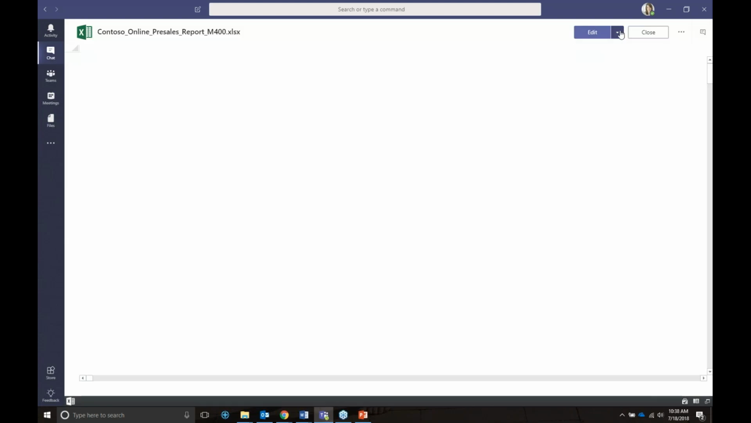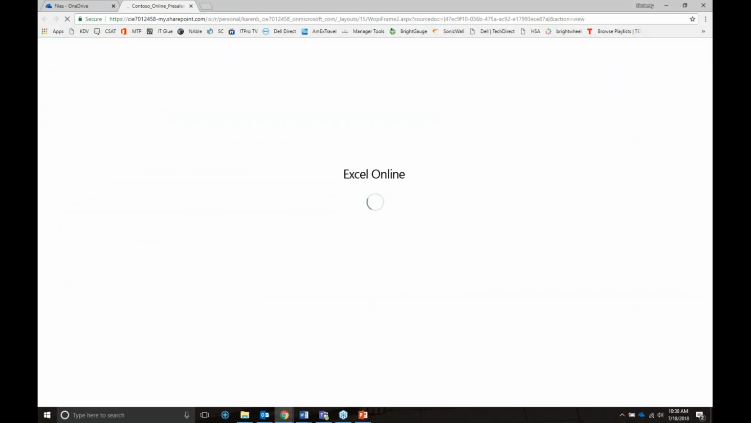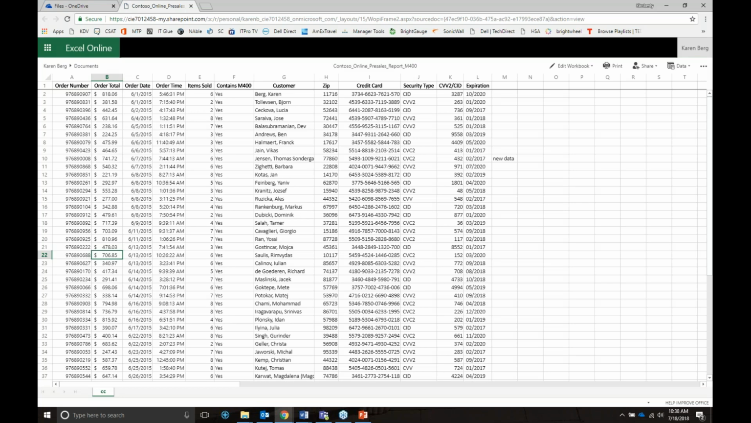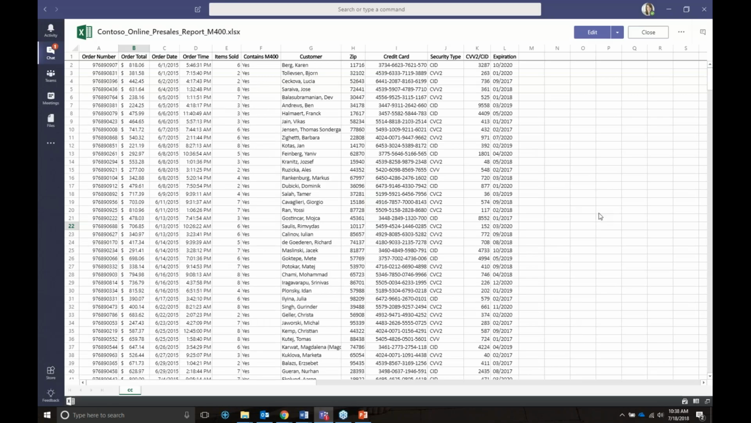The other handy thing here is you can choose to either edit in Excel Online or the desktop version of Excel. They're fairly similar these days. Microsoft has done a lot of updates, but there are a couple of features that are still available only in the desktop version. For example, some of the advanced reporting features. So as soon as Dan pops in here,